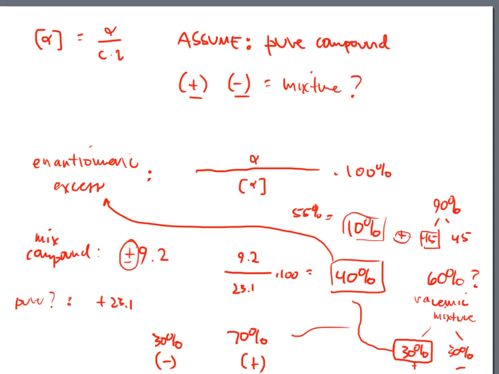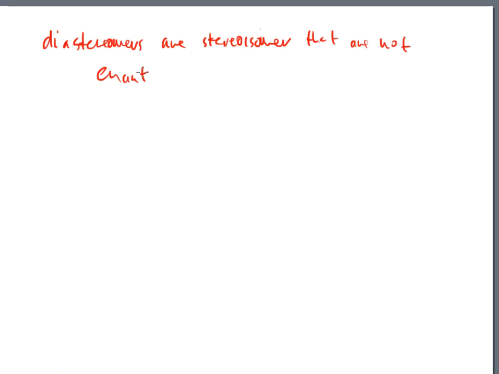So if you really want a true definition, this is how they define it. They will say a diastereomer are stereoisomers that are not enantiomers. And a lot of people are just so confused when they see this definition for the first time, because